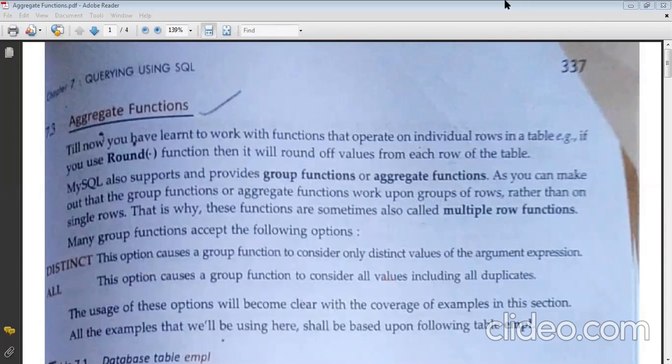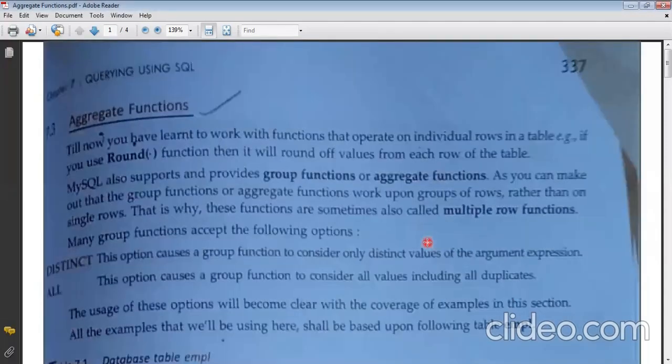If somebody wants to speak something, they can unmute and say it instead of putting it into the chat box, because then I have to distract myself. I have to open the chat box, read it out, and then answer it. So it would be better if you unmute yourself and speak it up.